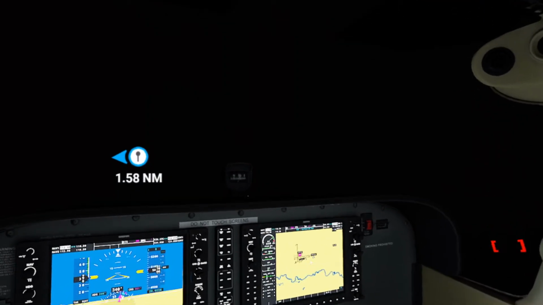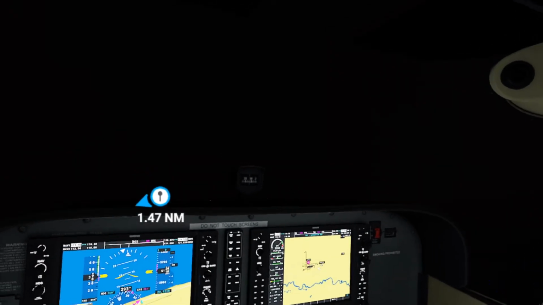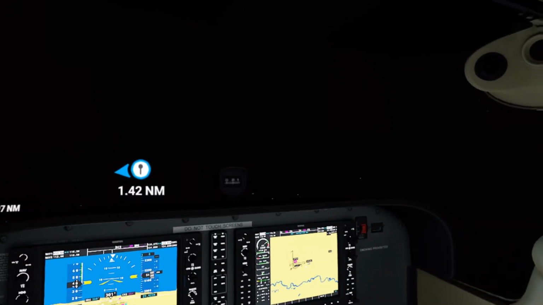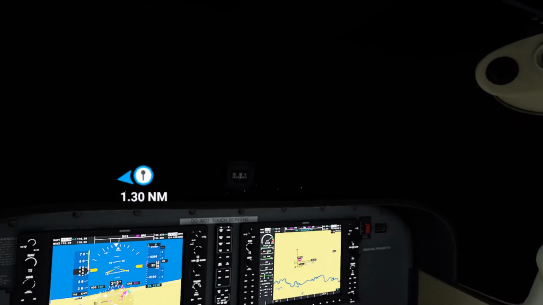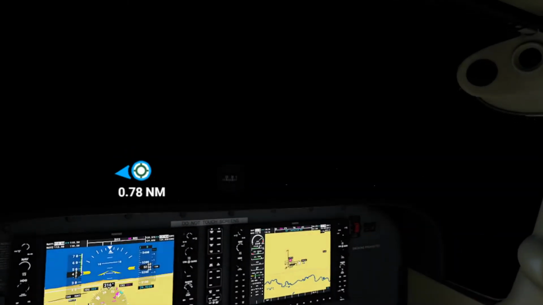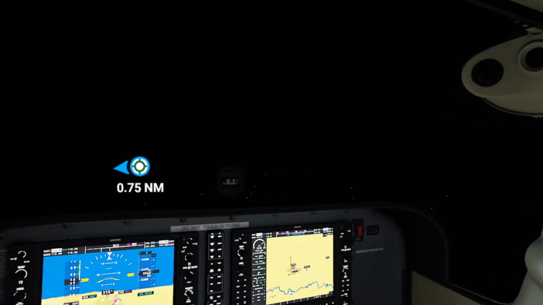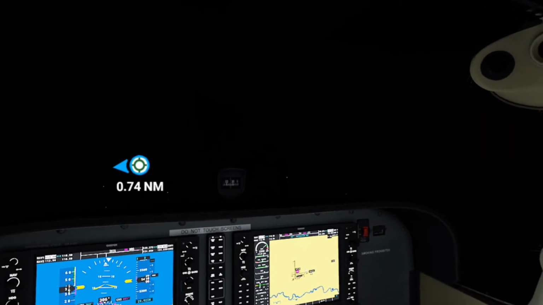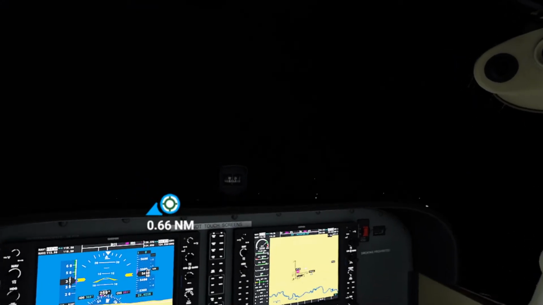Stall. Dangerous. I don't think we're going to survive this one, folks. But that's okay. It's a simulator. We'll live to land another day. We can go around. And that's what you're supposed to do at this point. If you really can't see the runway at that position, you have to call it off and try to make your way out of the area. Get rid of the flaps. That's what's hurting us. But